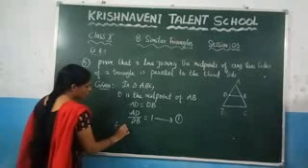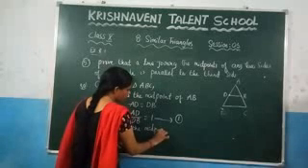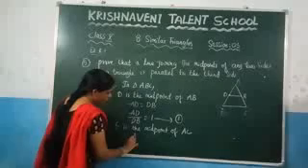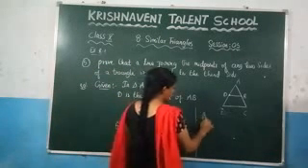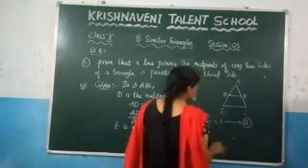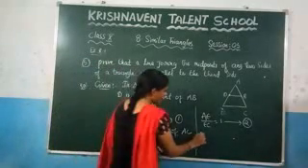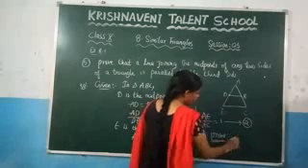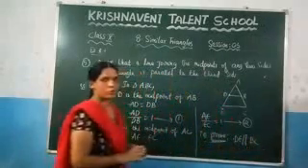Similarly, what is given is E is the midpoint of AC. So you know that it is divided into two equal parts, AE is equal to EC. From this equation you can write AE by EC is equal to 1. Let us consider this as 2. These are the conditions they have given here. Now write what we need to prove. To prove: DE is parallel to BC. This condition you need to prove here.